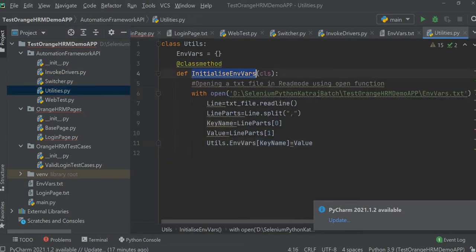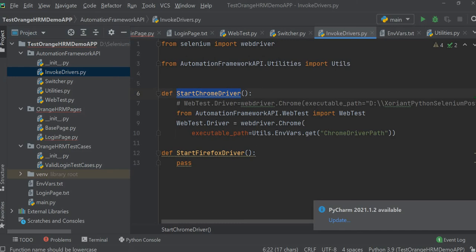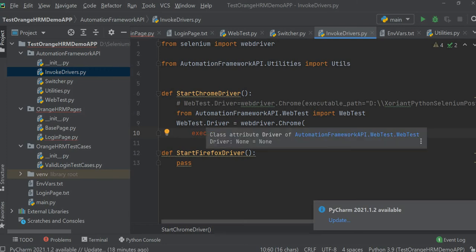When we call this method, we got a dictionary created having these values stored against these keys, isn't it? Which we just talked about. So invoke drivers here, utils.envvas.get Chrome driver path. It will get the path and it will ultimately invoke the driver.